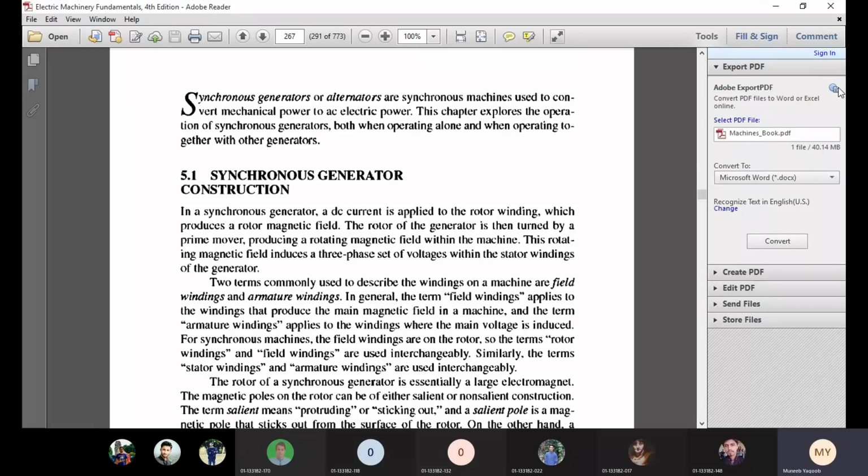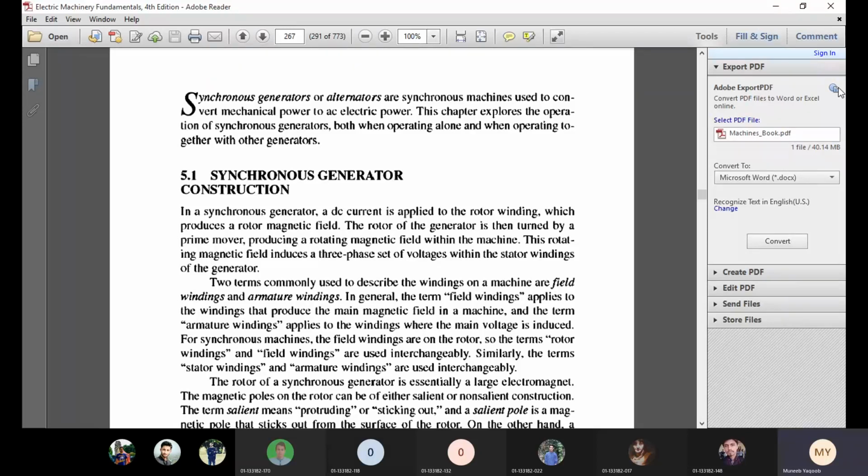For example, if water is falling at the turbine and the turbine is coupled with the shaft of the generator, and due to the fall of water the turbine is rotating,